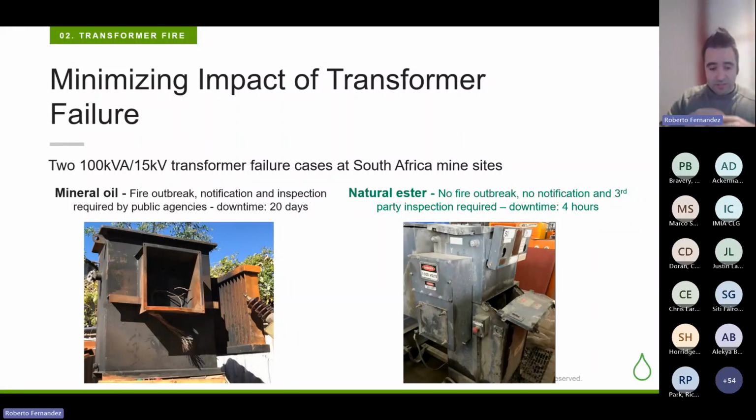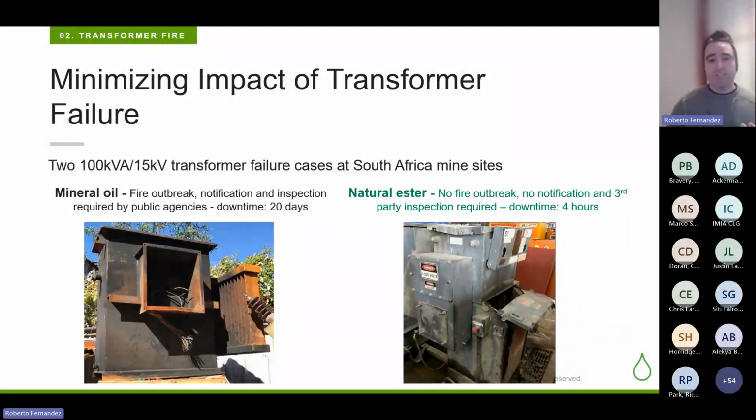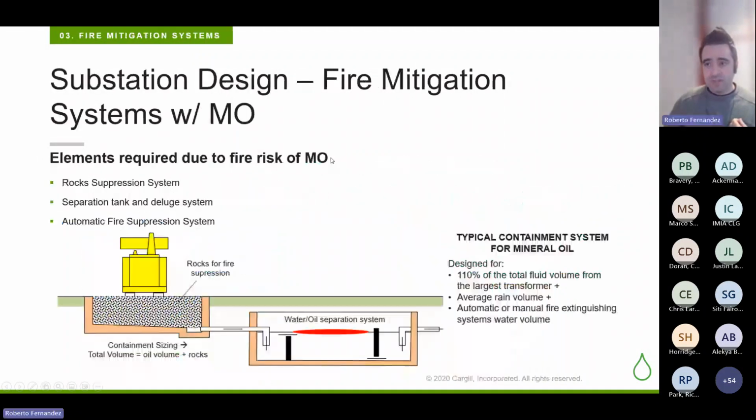So these are the events that happen with a transformer and the surrounding equipment itself. But it's also important to note that this brings different requirements on the installation of the transformer. So we are not only talking about the transformer itself, but all the civil works and the equipment that surrounds the transformer. So again, if we compare what is required for mineral oil, and now we are talking at a higher level, a substation level,